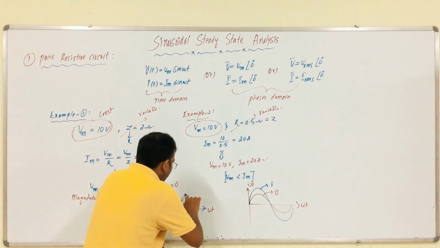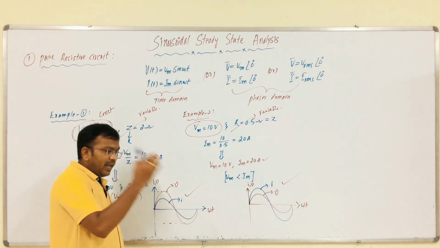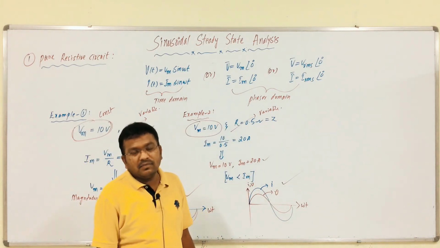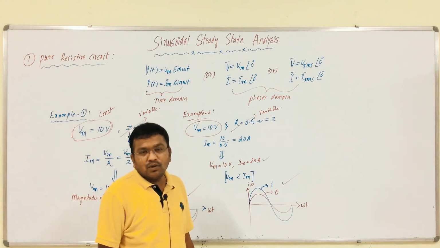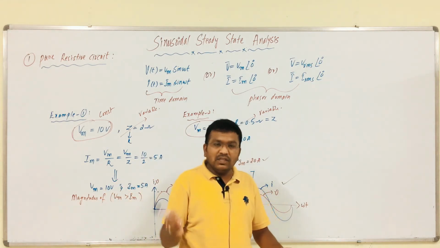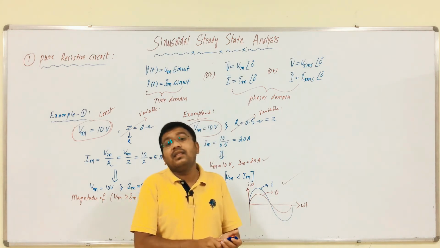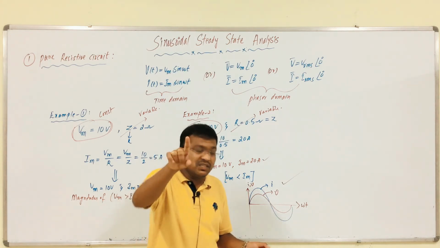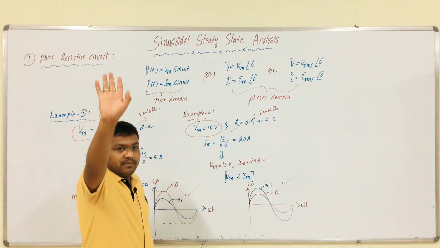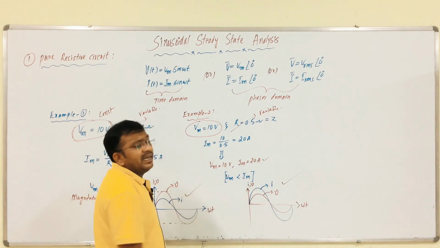So, this circuit is correct, this circuit is correct. Whether the amplitude of voltage or current is more, no problem at all. There is no doubt in that. Whichever is more, no problem at all. But is there any change in the phase difference? That you have to observe. If there is any change in the phase difference from this circuit or from this circuit, then you have to raise your hand. Otherwise, there is no need to discuss this entire concept.